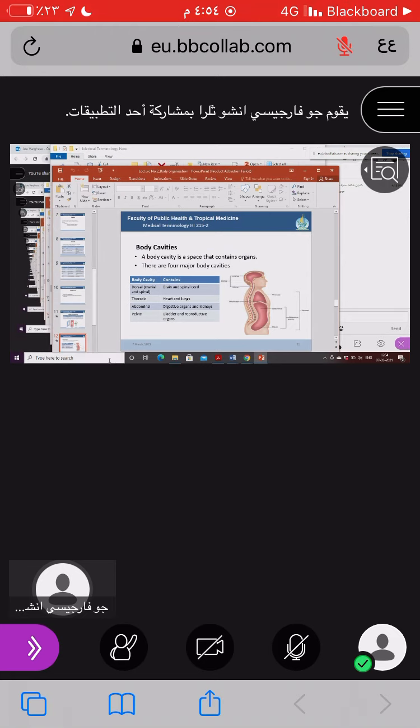Understand the four different large body cavities, including the dorsal cavity. Any of this can be asked. Where do your brain and spinal cord lie? In which cavity of the body? So you may be asked about thoracic, abdominal, pelvic, and dorsal. You will have to write that dorsal cavity.